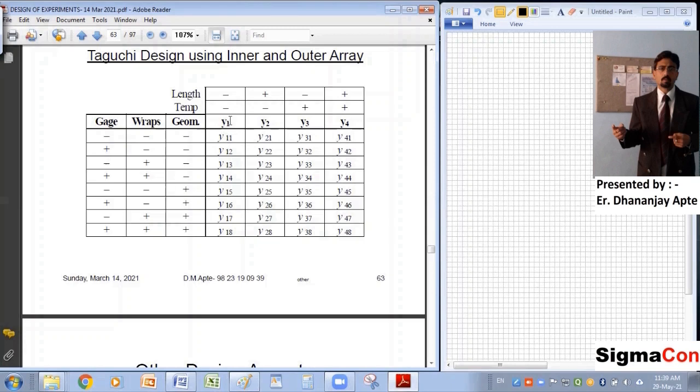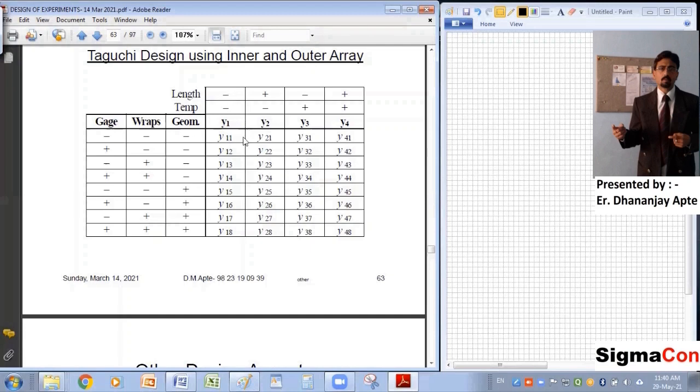Adjacent to this, y1, y2, y3 and y4 output. These 4 output yield values are written, and against those values we have written these X factors with 2 levels, minus and plus. Now consider a permutation: first, minus, minus, minus, minus, minus. Then second would be plus, minus, minus, again minus, minus. So there are unique permutations here.